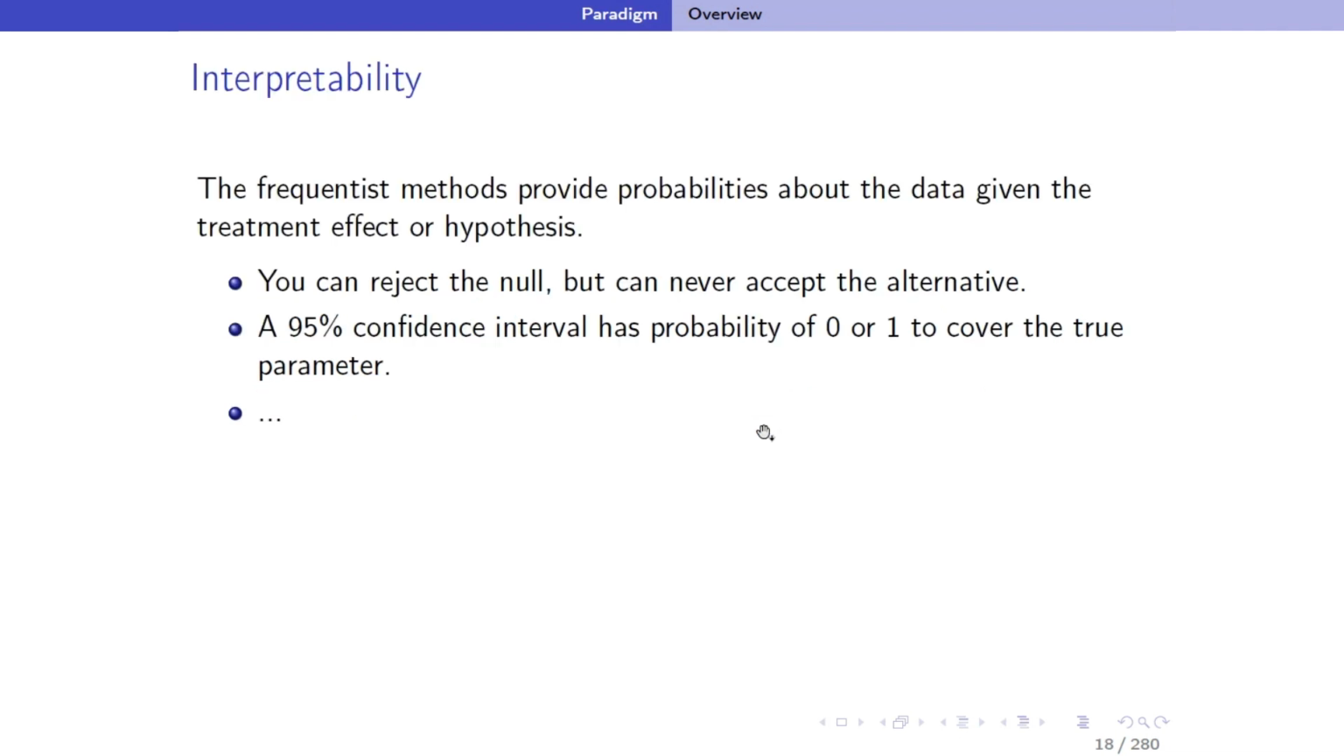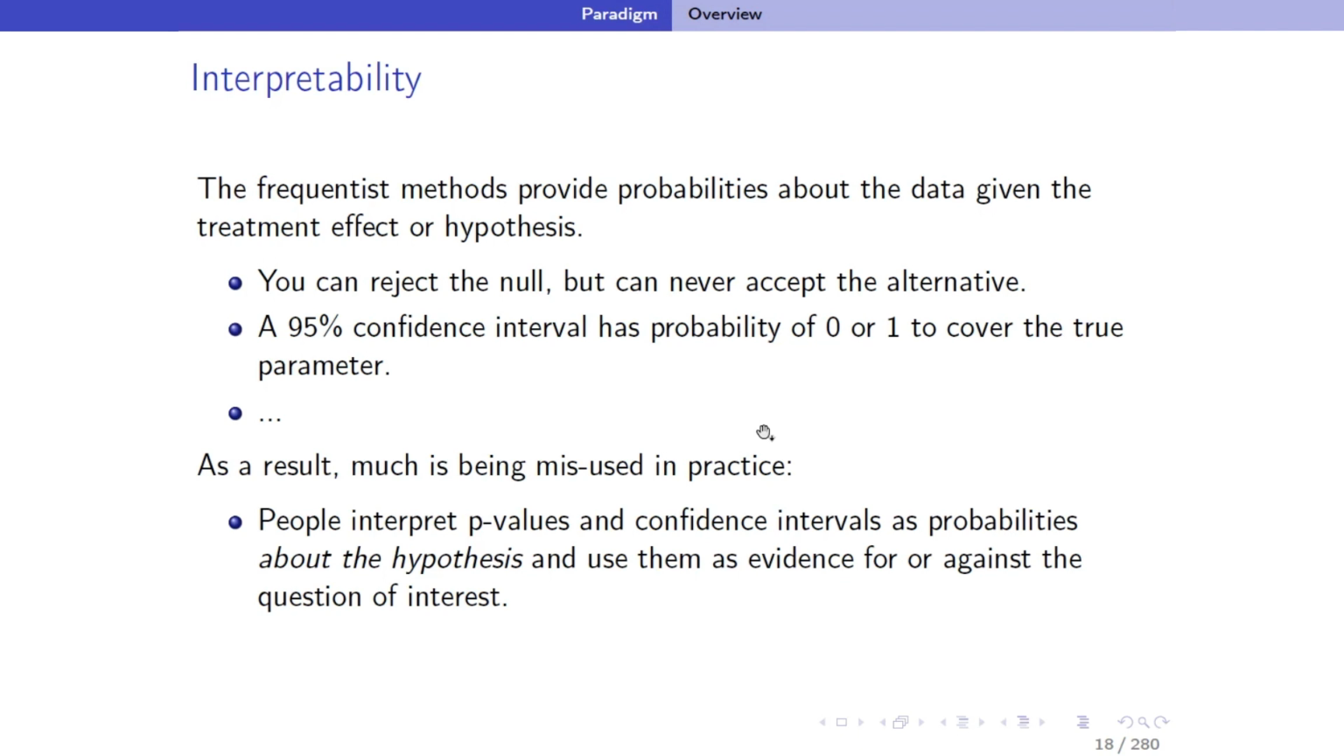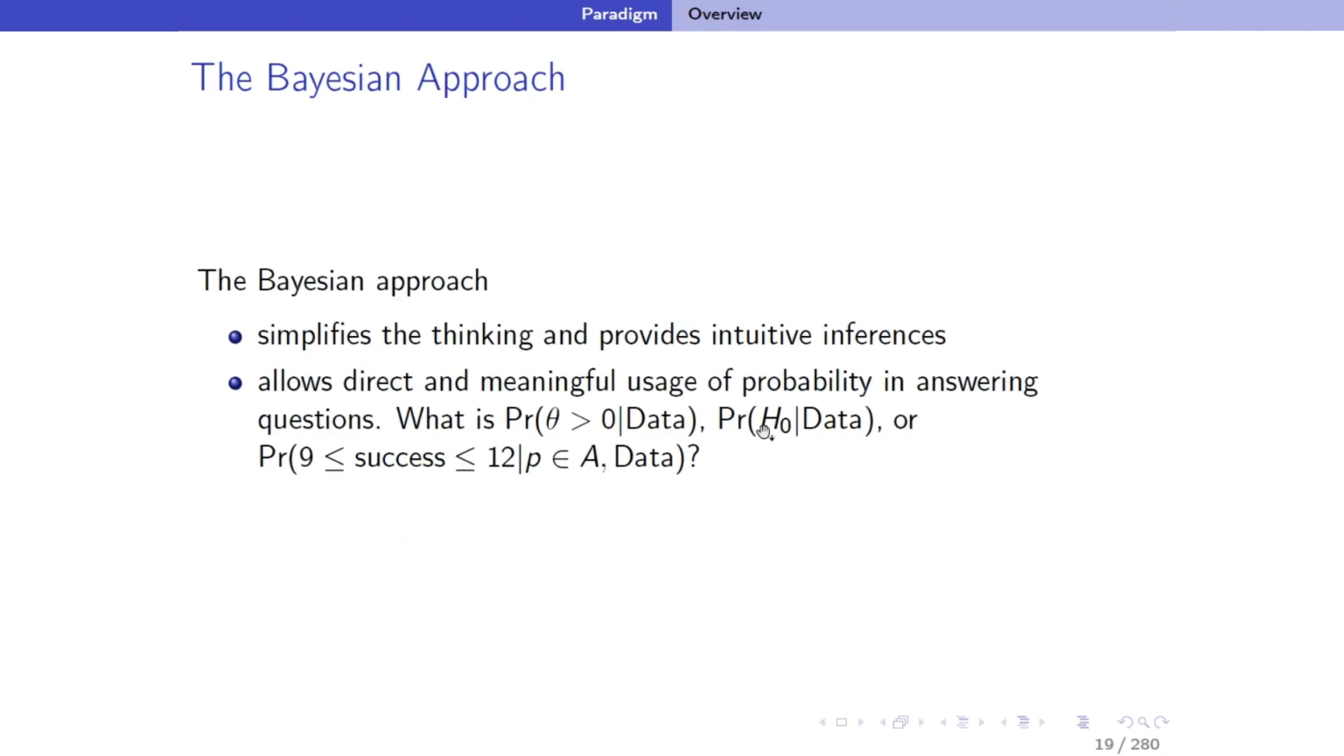That's what the p-value is. And this is the interpretability that Bayesians and frequentists often differ on. That is, you can reject the null, you can never accept the alternative, and so on. But as a result, it is often misused in practice, and people really think p-values and confidence intervals indicate the probability about the hypothesis, and they use them as evidence for or against the question of interest. But that's not. That's really what the Bayesian approach does, and that is the advantage of having Bayesian